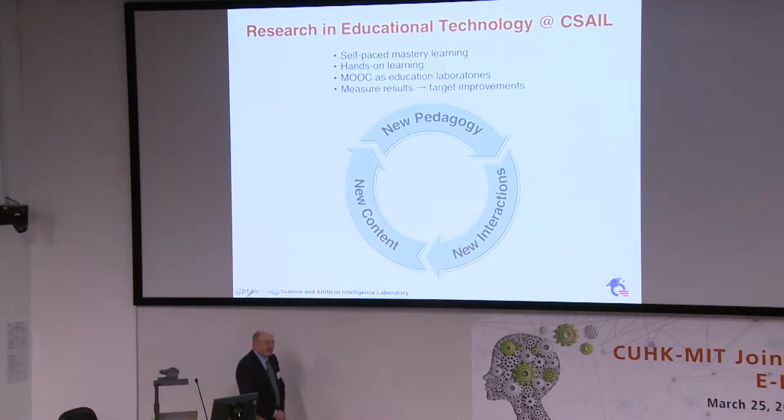In business school, they teach you that you are what you measure. In other words, if you can't measure it and see what's going on, you have no way to improve on the system because you don't have any information about how the system is working so far. So the MOOCs offer us really our first at-scale educational laboratory where we can propose experiments and perform them with hundreds of thousands of students. And that's really quite remarkable. For a scientist or an engineer, that ability to do educational experiments means that we'll be able to measure results and actually target improvements for the first time.